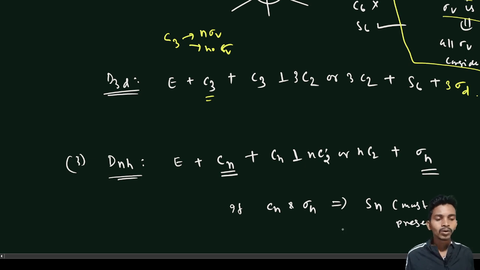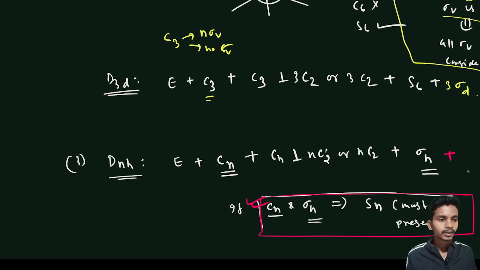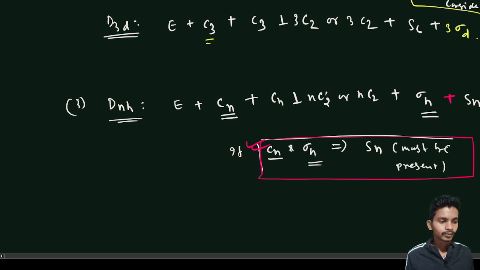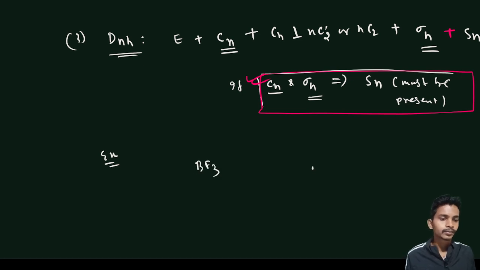Either n is odd or even, in all cases, if Cn and sigma h are present, this condition should always be remembered. If this is present, then sigma h is definitely present, and Sn is present. If you take examples like BF3 type of molecules,